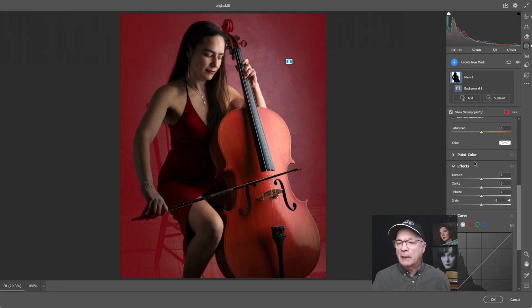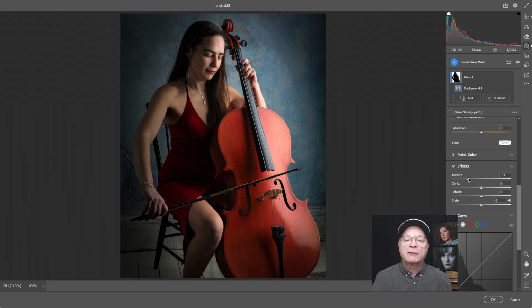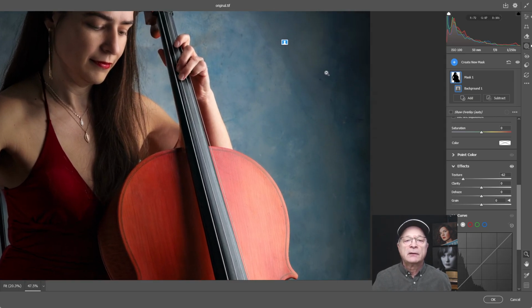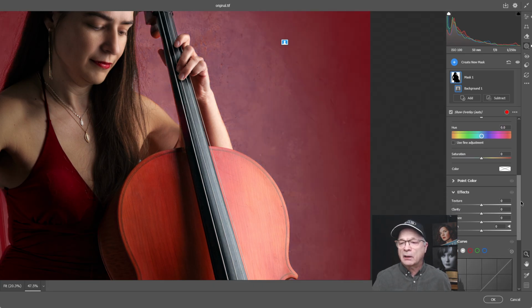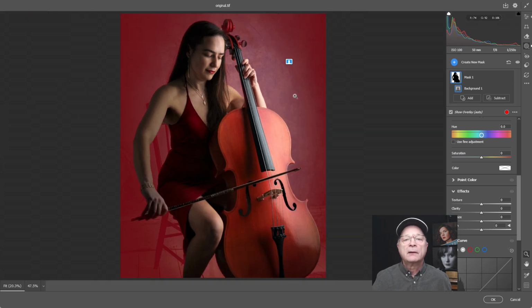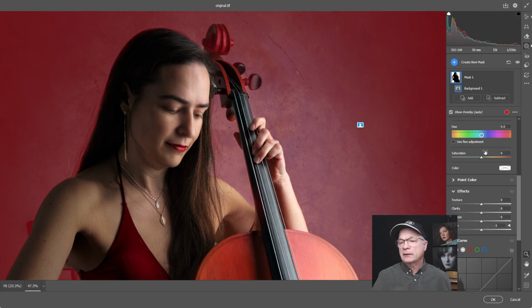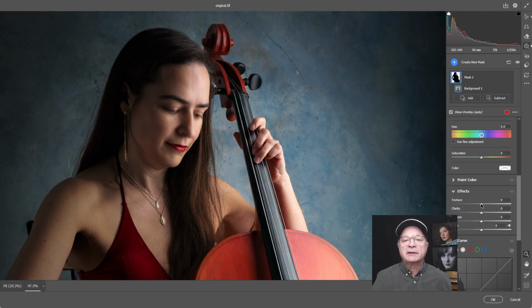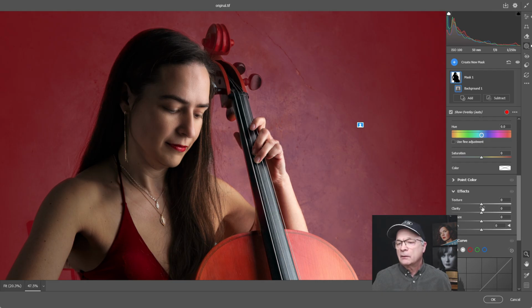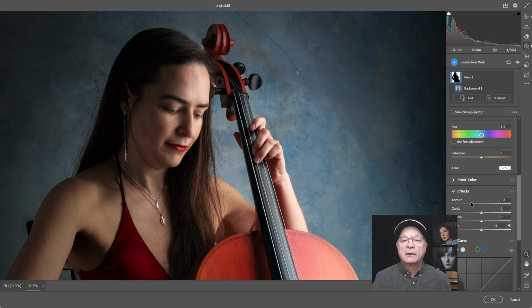So let's go ahead and blur that background a bit. Now how I'm going to do that, I'm just going to take the texture down. So if I grab that texture slider and back it off a bit, now we're getting a softer background. I'll increase that so you can actually see what I've done. So there's the background before I applied the texture reduction, and there's what it is for real. You can see that probably a lot more. Let's see if I can find a crack in the wall. I think there's one up there. There it is. So you can see that application happening. You see that crack that's up here in this area? So when I actually soften that up, it'll soften that crack too. And there we go. Okay, so I've done that.